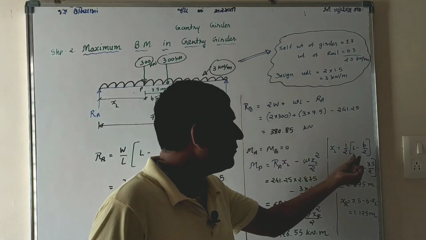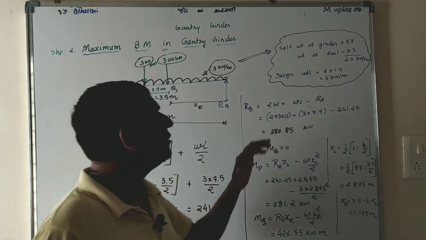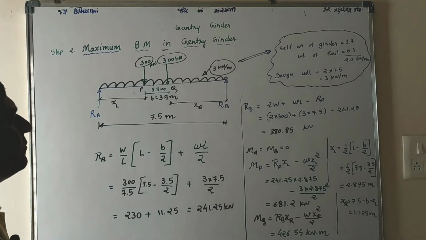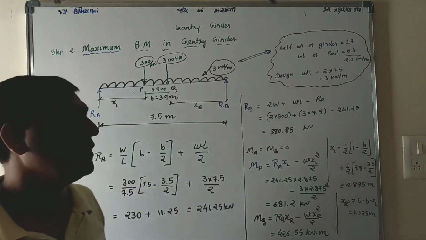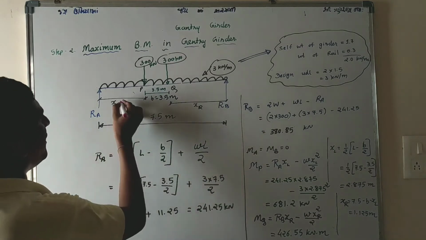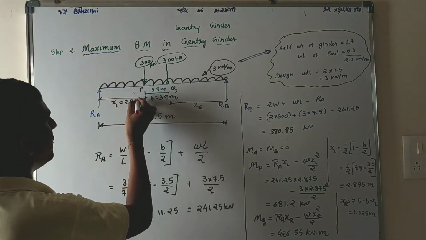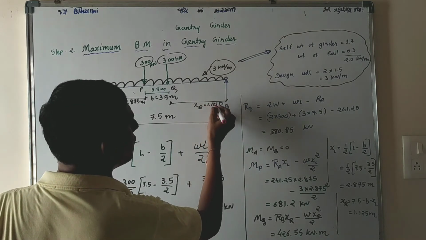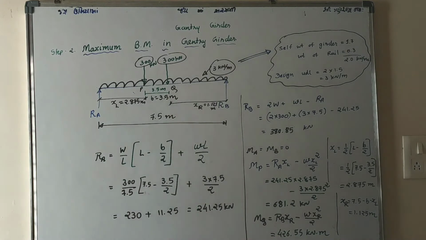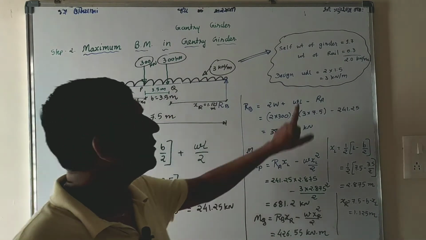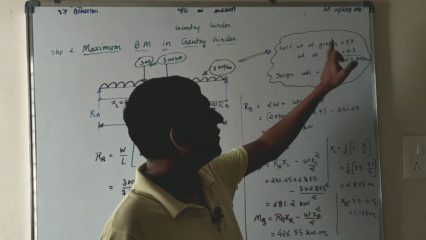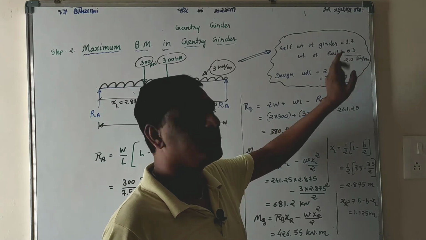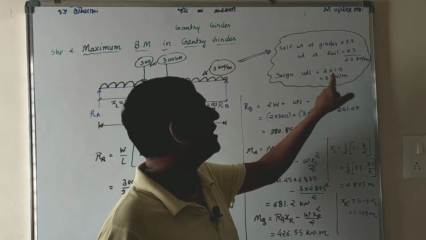मतलब L minus B by 2 ही आपको यूज करना है। और आप ये पूरी चीज थ्रू दी ILD कॉन्सेप्ट डायरेक्टली यहां से फाइंड कर सकते हैं, दैट इज XL, दैट इज 2.875 मीटर, एंड हियर इट इज 1.125 मीटर। Now this UDL, that calculation is given. Self weight of girder 1.7 kilonewton per meter, that is assumption. Weight of rail section is given 0.3, total is 2, design UDL is 3.